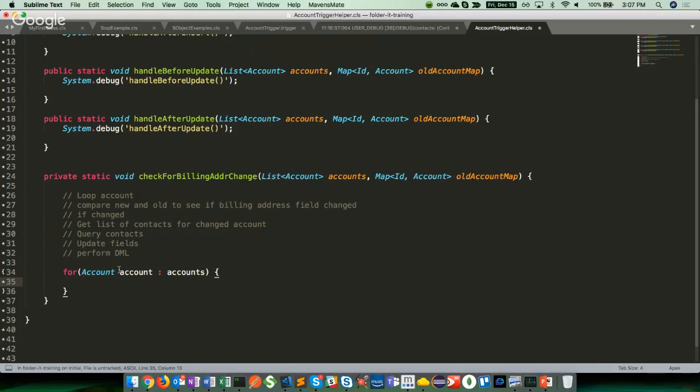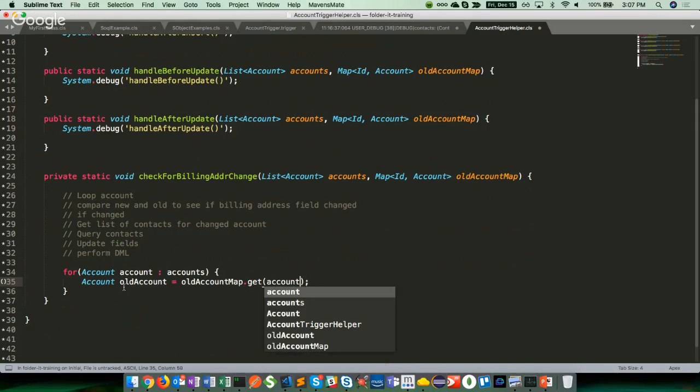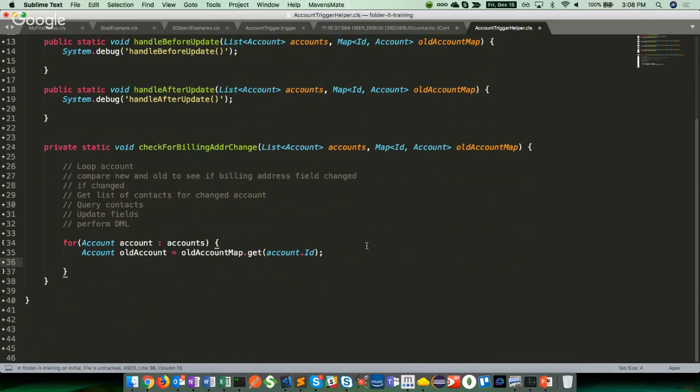So how are we going to find the old version of the account? Using the ID. Yep. Account ID. Okay. So what we'll do is we'll create a new variable called old account, and we're going to call old account map.get, and we're going to pass in the account ID so that we're retrieving the old version of the account. Okay. From here,